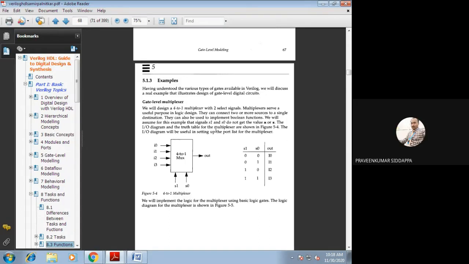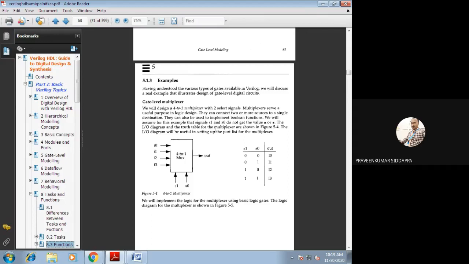Sir, shall we use a K-map? Why? If it is complex, then only we should use K-maps. Sir, when should we draw the K-maps? What is the use of a K-map? Whenever we get a complex expression and want to reduce it, we will go for a K-map. Is it clear, Lakshmi? Yes, sir.